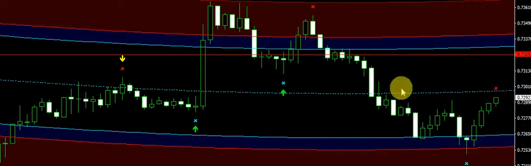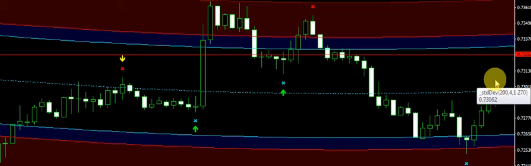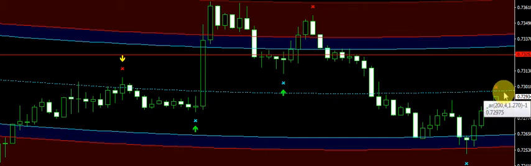So this dotted line will decide whether the market is going to close above that dotted line or below it. For example, if the current price action closes below that line, then we will enter into a sell position. And if it is above the line, we will wait for the next candle and we will enter into a buy position here. So for your safety, I am saying, because we are in a sell trend, we will not place a buy order here, because the buy order could be placed to enter here, not here.